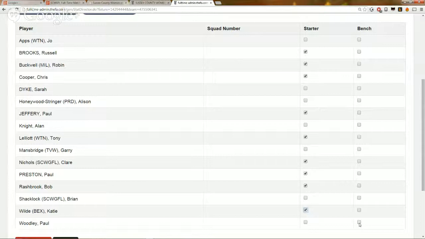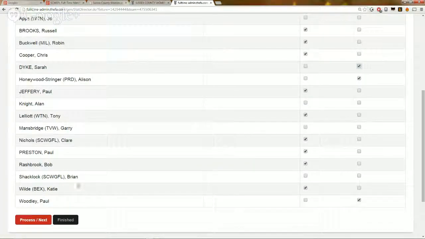Then we have our registration secretary, Paul Woodley, on the bench. And we have Alison, there's another club rep on the bench, as was Sarah. And I think that was it. Everybody else was away. So if you process next,